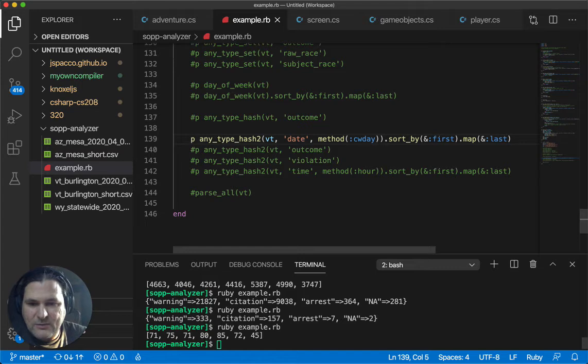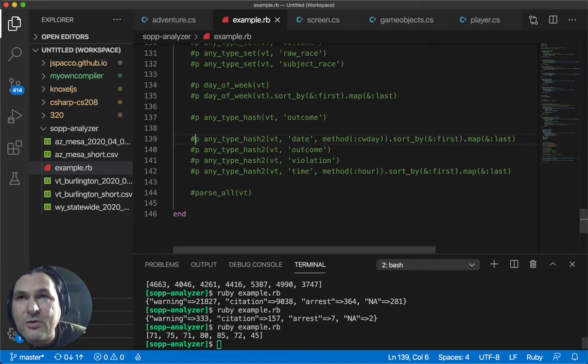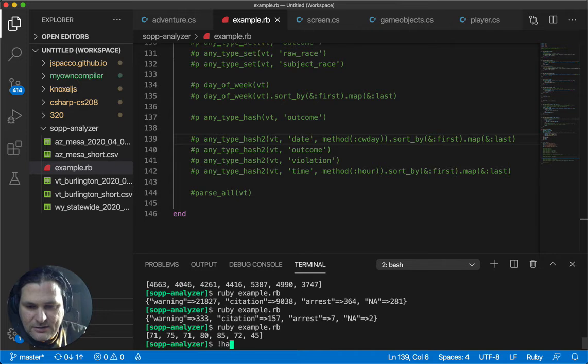Why is this so great? Well, maybe I want to know for these traffic stops or interactions with police, what hour of the day are they happening? So if we look at our data here, I should probably mention when I do,